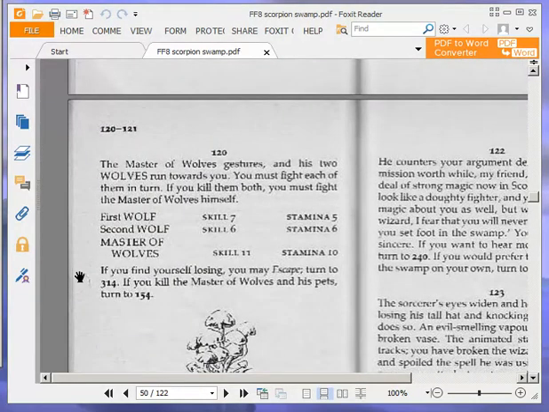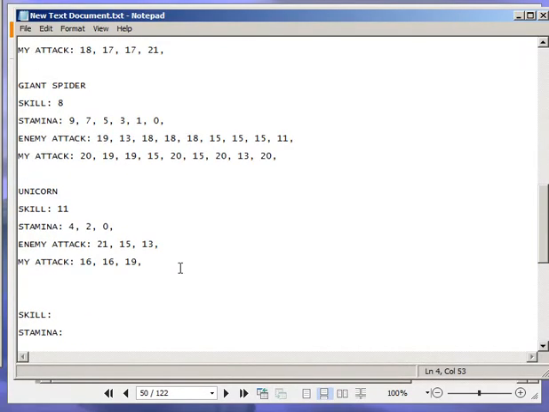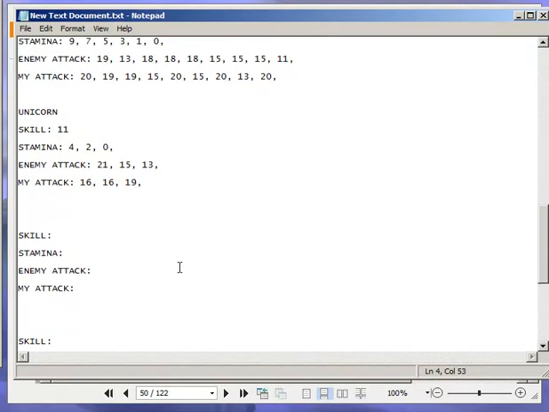The Master of Wolves gestures and his 2 wolves run towards you. You must fight each of them in turn. If you kill them both, you must fight the Master of Wolves himself. If you find yourself losing, you may escape. Turn to 314. If you kill the Master of Wolves and his pets, turn to 154. Okay, first wolf, second wolf, Master of Wolves, let's do this. And we're fighting them in turn. Unsure what in turn means, to be honest, but...